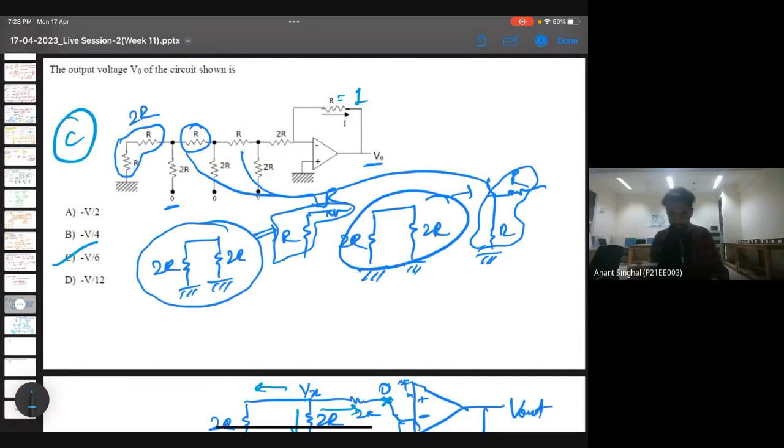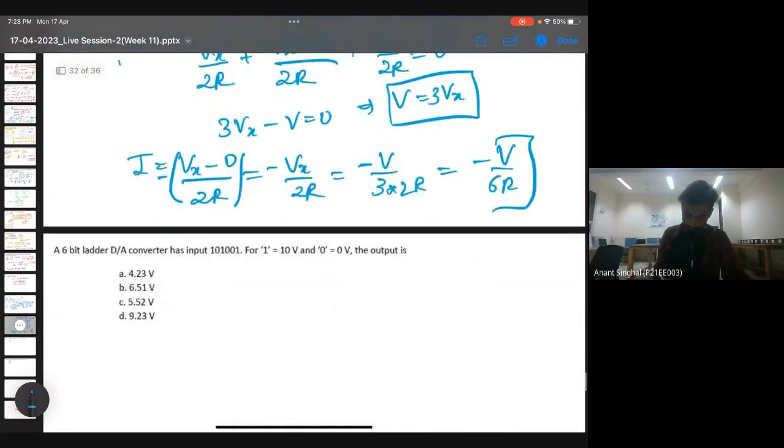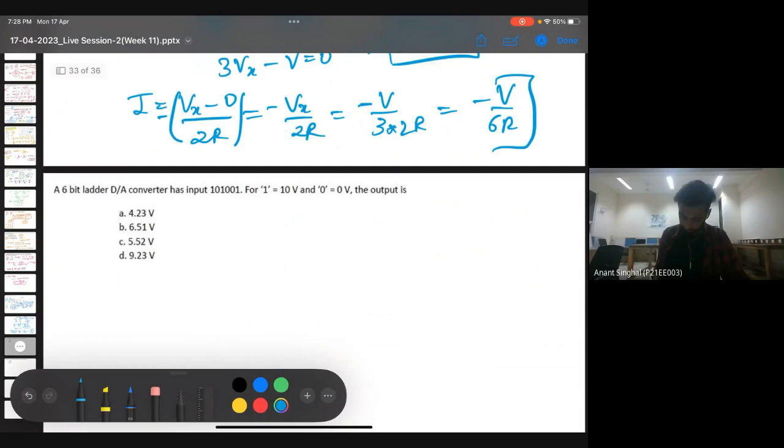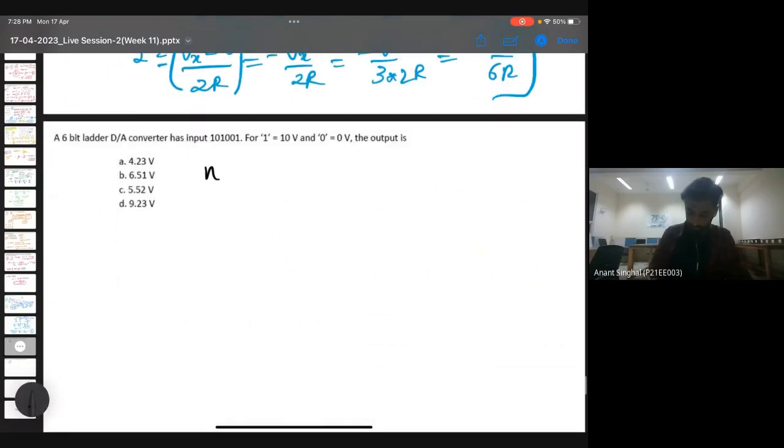Okay, so let's start with the next question now. This is a simple question again. It says it is a 6-bit ladder network. So ladder network we have already read about. Input is given as